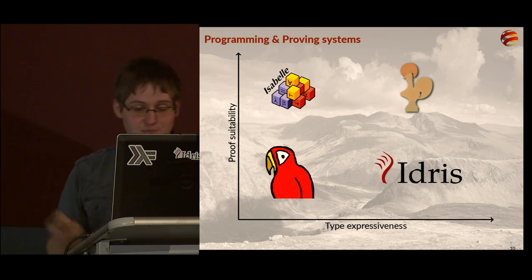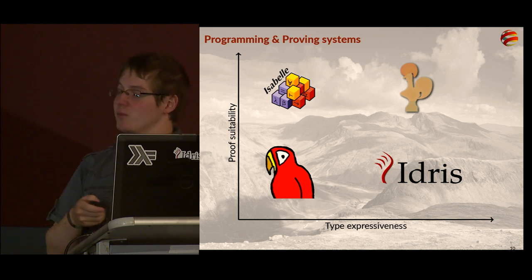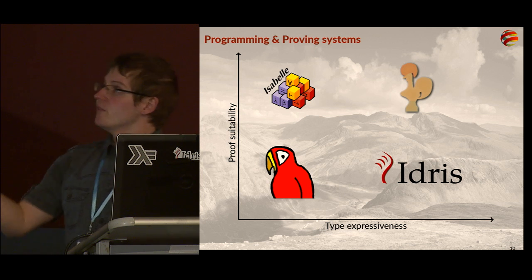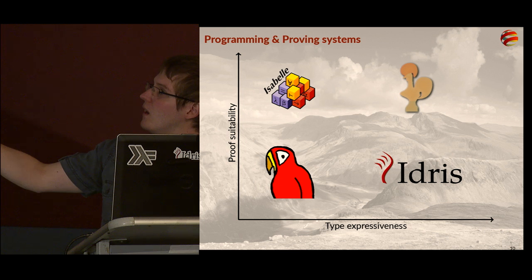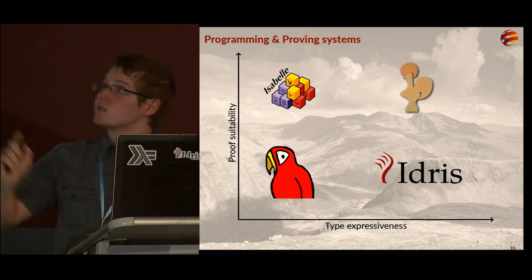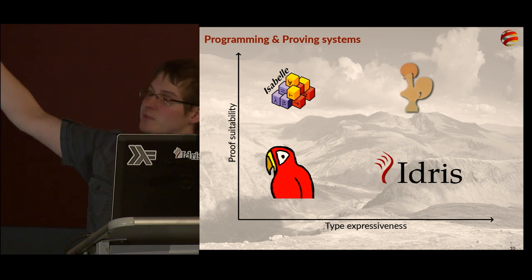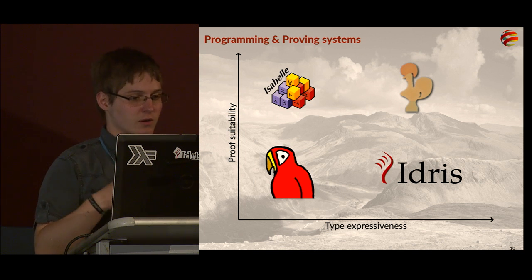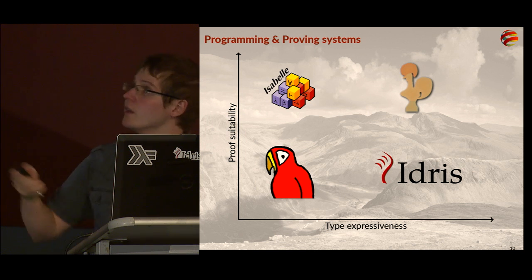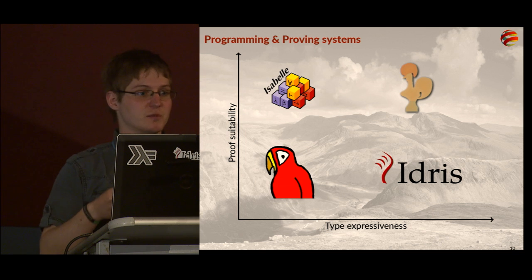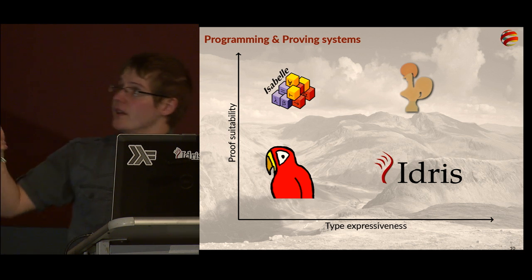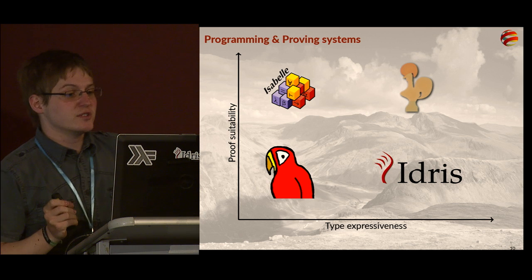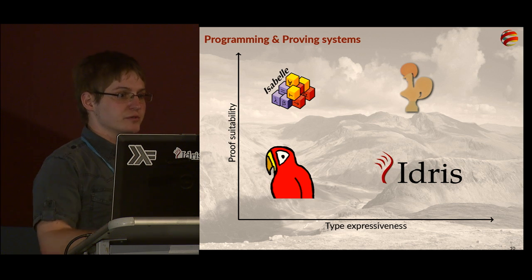And this is Idris. And what I want to tell you with this diagram is basically it has 2 axes. And the horizontal axis says how expressive the type system is. So on the left side you have simple types, like in Haskell 98 or in ML, right? And on the right hand side you have fully dependent types. And on this axis what I'm saying is if this is a programming language or if it's a proof assistant.